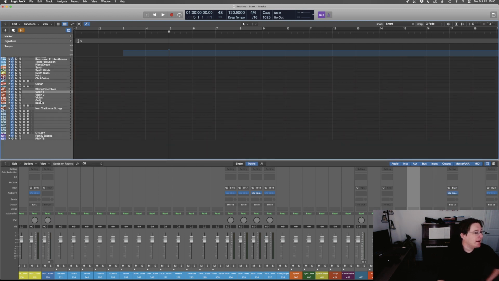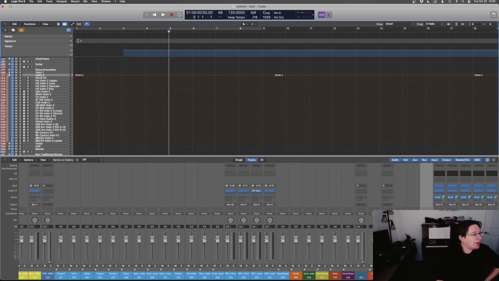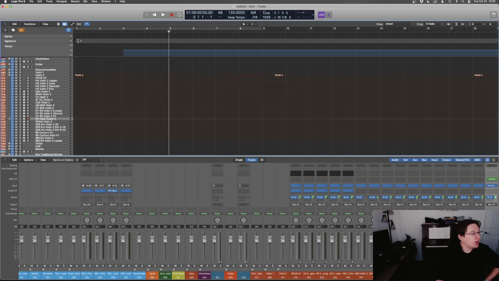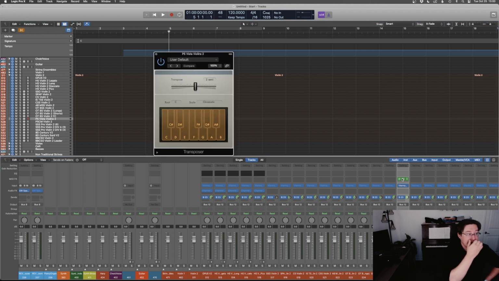So yeah, each violin is set, violin 1, violin 2. A notable thing in here: some libraries will only come with a violin 1 patch. A good example of this is Performance Samples. They usually don't sample a separate violin 2 section. So what I do for those is I'll put it in here, and I'll do the transposition trick, where I use one of these transposition guys and I transpose